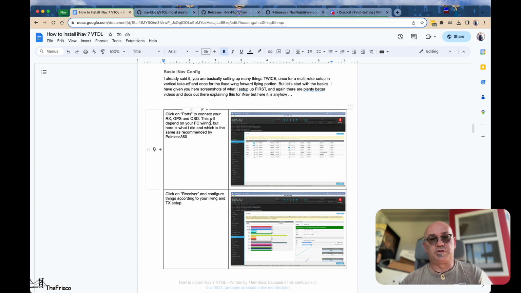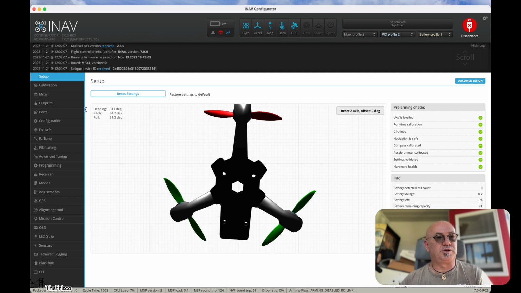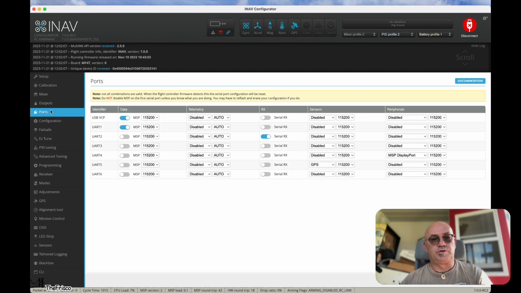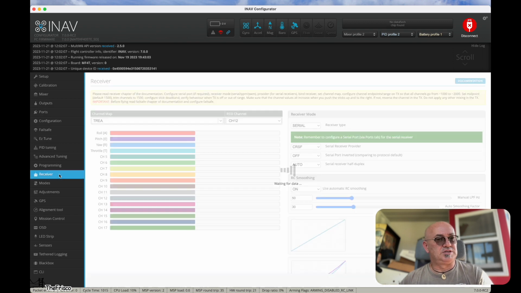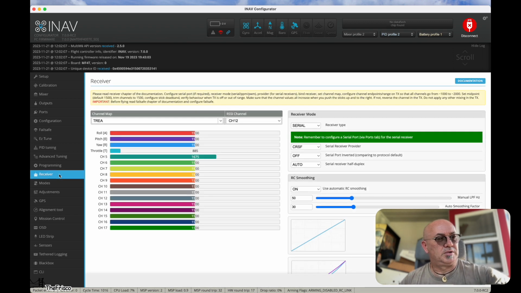Basically what I'm going to do is go to iNav configurator and first show you the ports. Before any VTOL setup happens, I set up all my ports. As you can see, I have my Crossfire on 2, I have my DJI on 4, and I have my GPS on 5. And what that'll do is you can see on the receiver when I turn on my Crossfire,